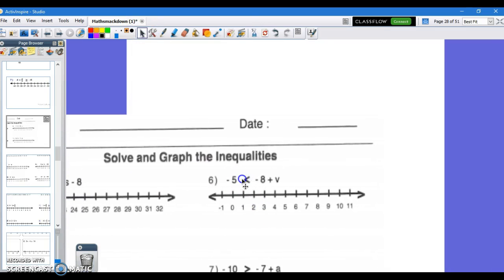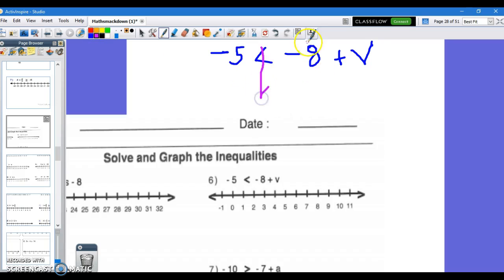I'm going over to number 6. Let me rewrite it up here so you can see it better. I have -5 is less than -8 plus b. Okay? What I'm going to do is, there's my street, I'm going to get rid of the 8 by adding